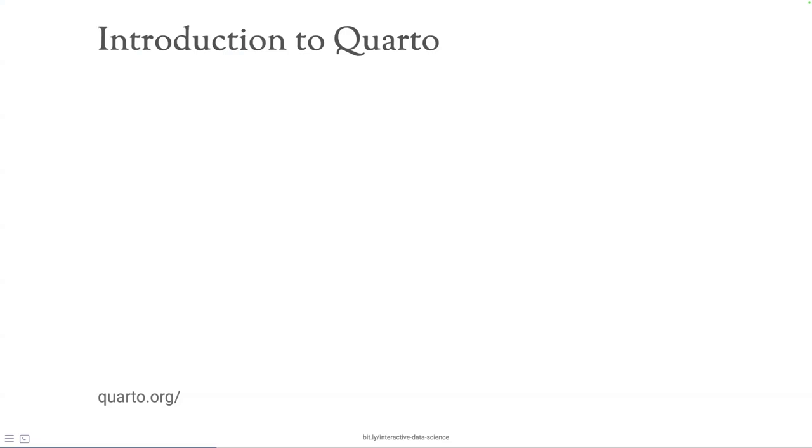Quarto is a next generation open source publishing system. It is often called the next evolution or the next generation of R Markdown. So it's expanded upon R Markdown. What we have done at Posit is taken everything that we learned over the past 10 years to develop a system like Quarto. One of the things about Quarto is that it's inherently multilingual. So right now it supports R, Python, Julia, and Observable,